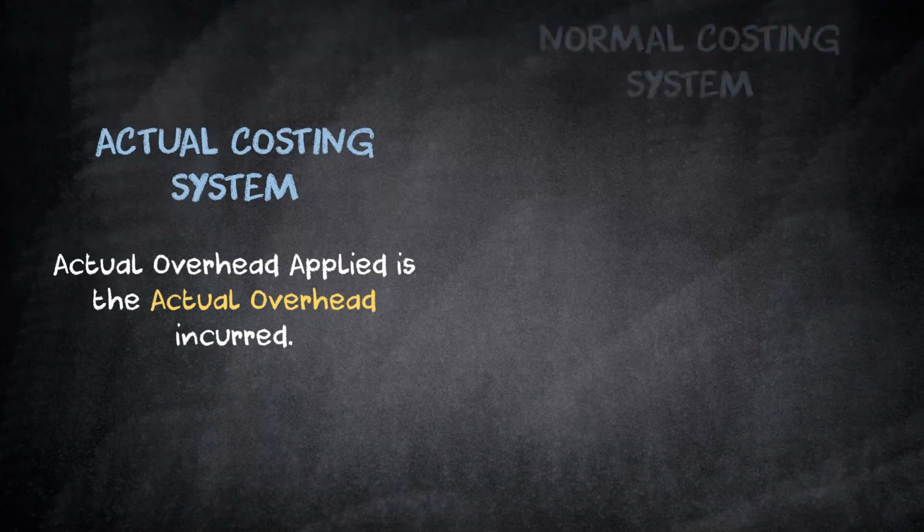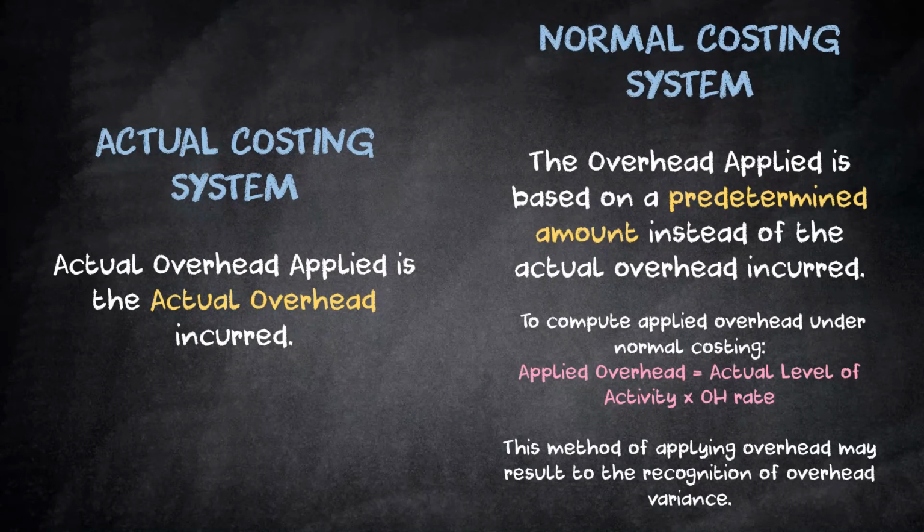So now let us compare the actual costing system to the normal costing system. Like I said, sa actual costing system, ang overhead applied natin is yung actual overhead incurred natin. Meanwhile, sa normal costing system naman, ang overhead applied ay nakabase sa na-compute nating predetermined overhead rate. So, para ma-compute natin yung applied overhead under normal costing system, kailangan lang natin i-multiply ang actual level of activity. This can be based from the direct labor hours or machine hours, and then i-multiply nga natin ito sa ating